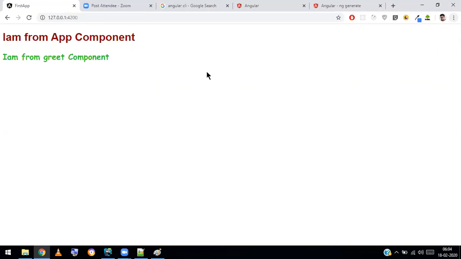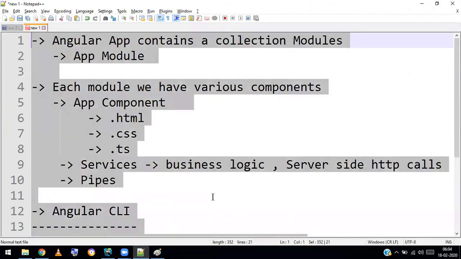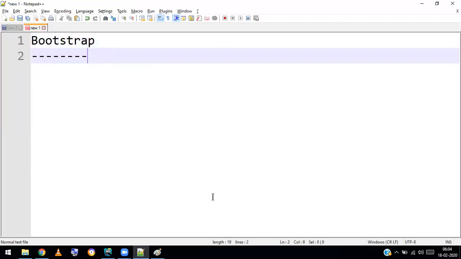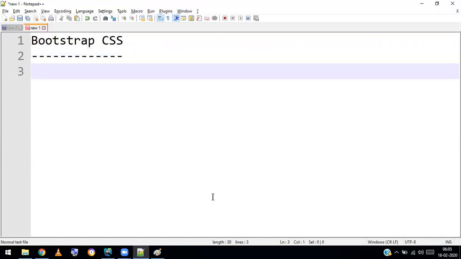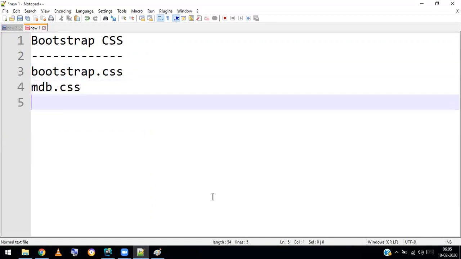That's the first thing. So how to configure Bootstrap is, first of all, let me delete all. When you want to configure Bootstrap, you need to connect some set of files, right? So we need to connect the set of CSS files. What CSS files you're going to connect: one is bootstrap.css, and we have to connect mdb.css and styles.css.